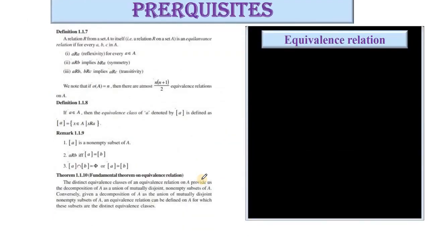So we will just recollect the basic definitions you have learned in BSc, namely the definition of an equivalence relation. A relation R from a set A onto itself, or we simply say a relation on A, is an equivalence relation if every a in A is related to itself. Whenever a is related to b, b must be related to a, that's symmetry. And whenever a is related to b and b is related to c, we should have a is related to c, that's our transitivity. So any relation which satisfies these three conditions is called an equivalence relation.